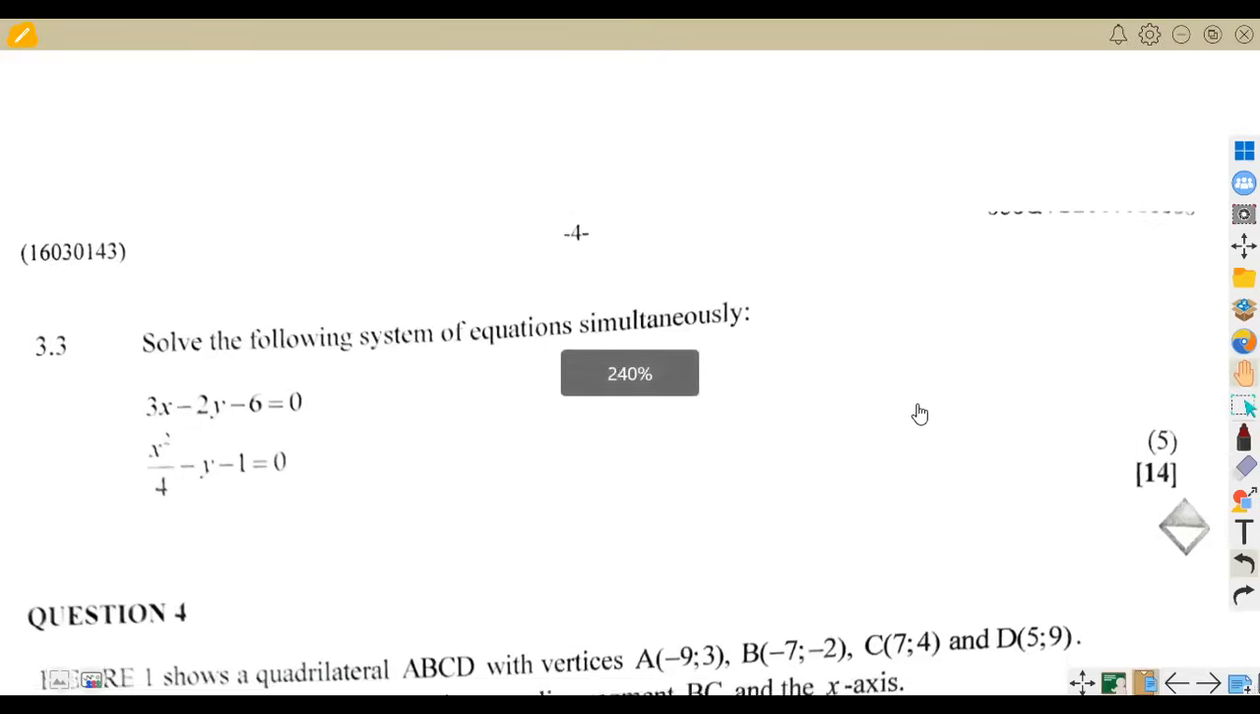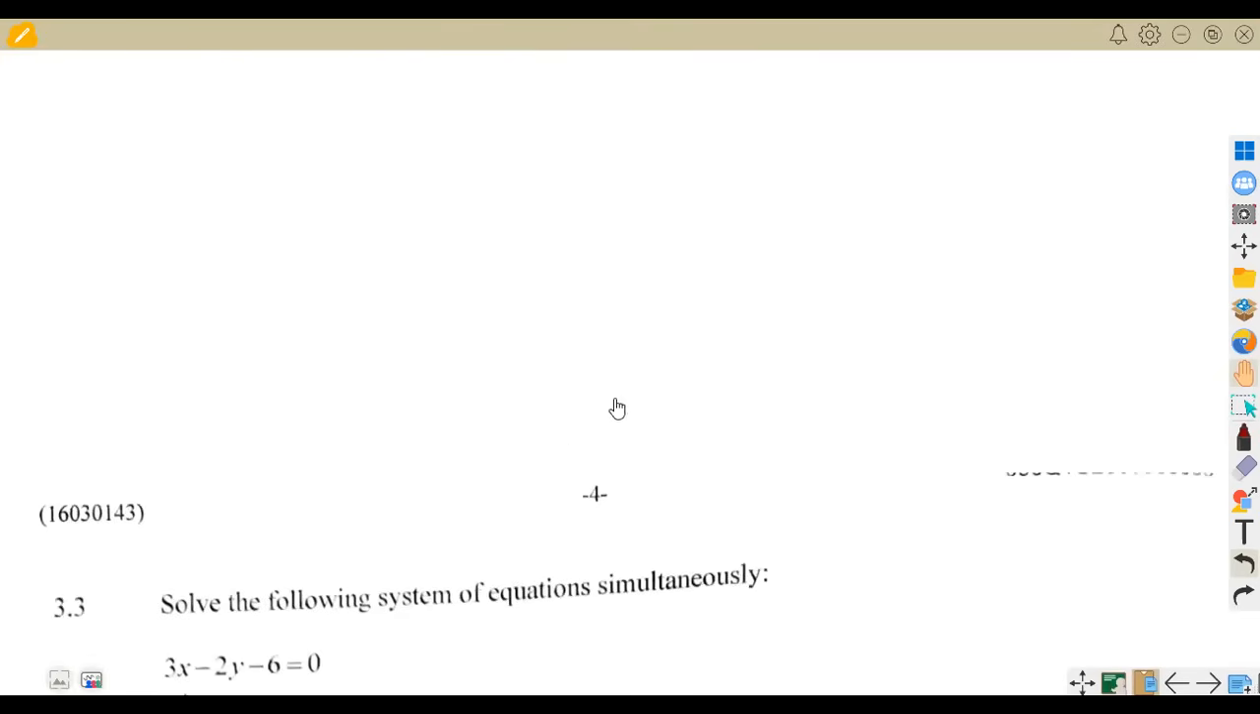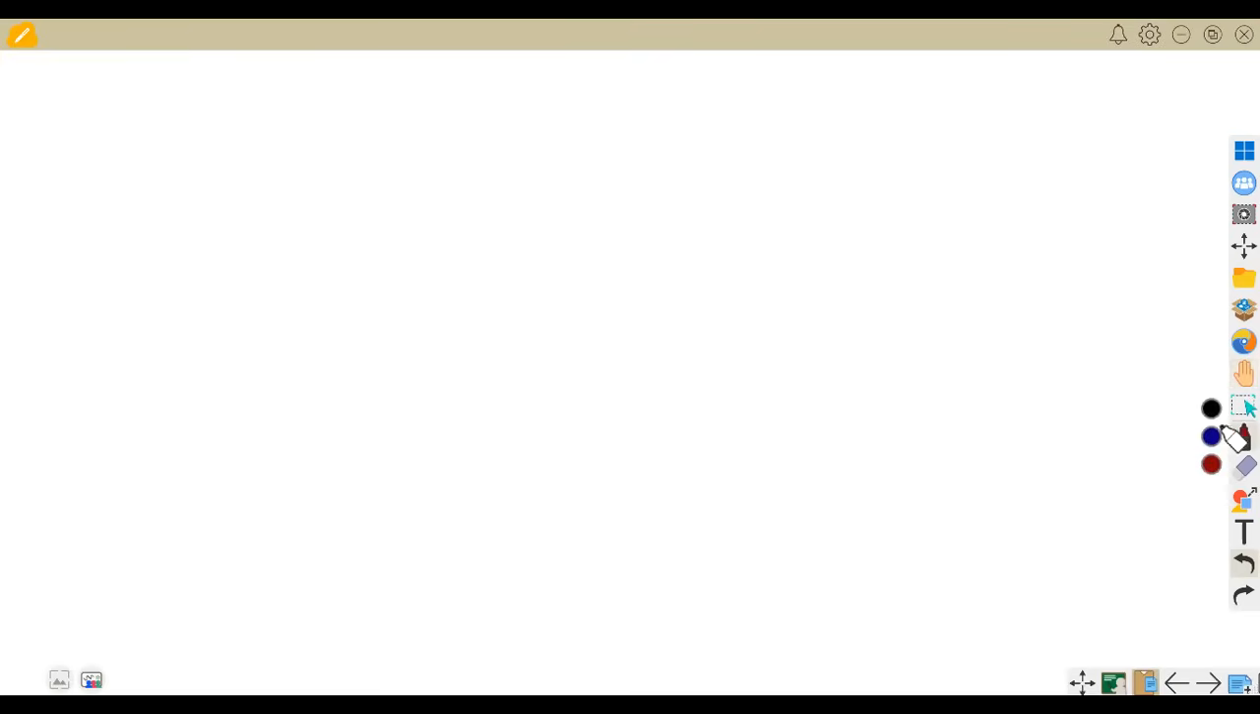So this one is a quadratic type of simultaneous equation. I'm just going to write it aside so that we see what was best in this case to solve this equation. So our equation, that was 3.3, let us just have it on top here. We are given to solve the following system of equations simultaneously, which is 3x minus 2y minus 6